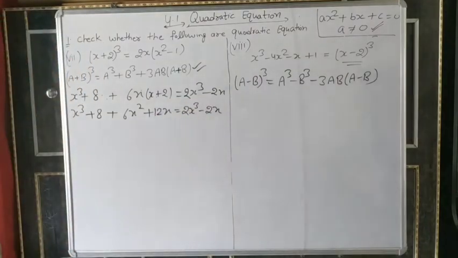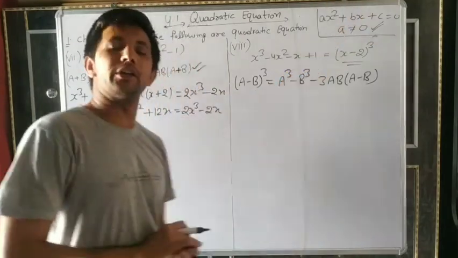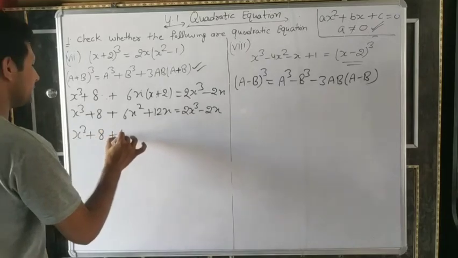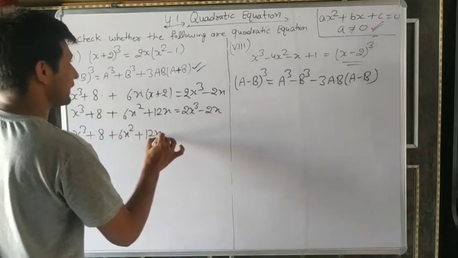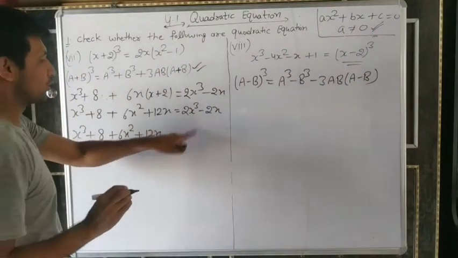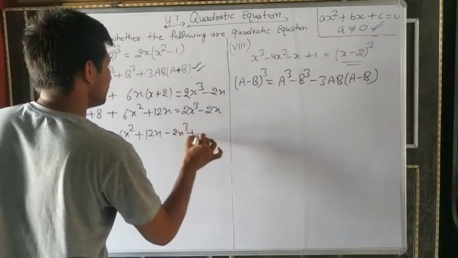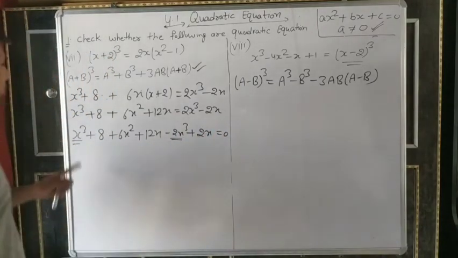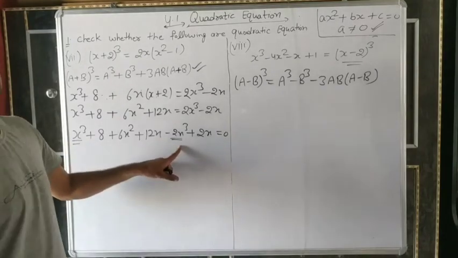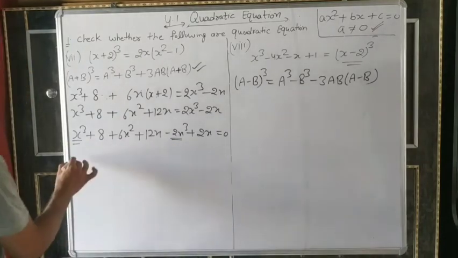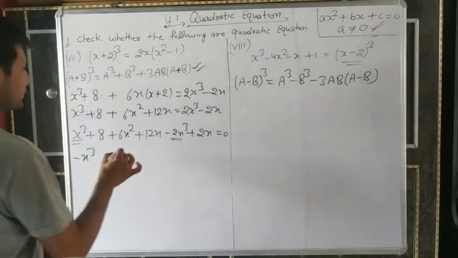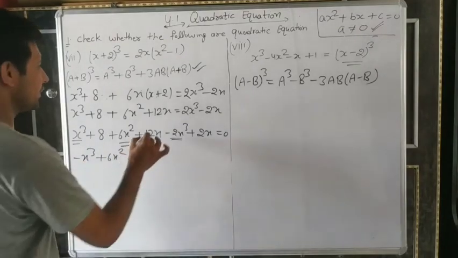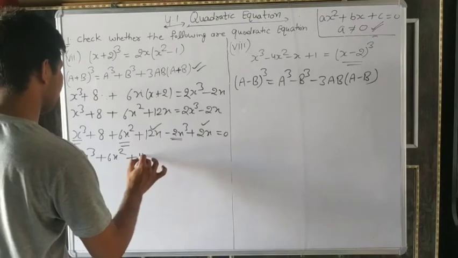We want to convert it into a quadratic polynomial. So we will remove all the terms from the right hand side, because on the right hand side we need 0. 2x cube on the other side becomes negative, and it becomes positive equal to 0. x cube minus 2x cube. One positive, one negative, different sign always subtract. These are like terms, and put the sign of the greater number. Minus x cube. 6x square. Any x square? No. So write as it is, 6x square. Plus 12x plus 2x, 14x.